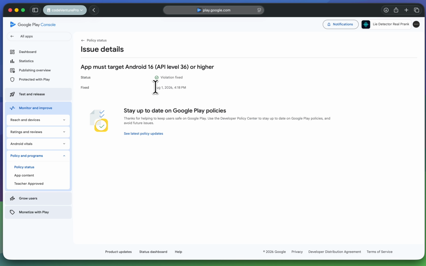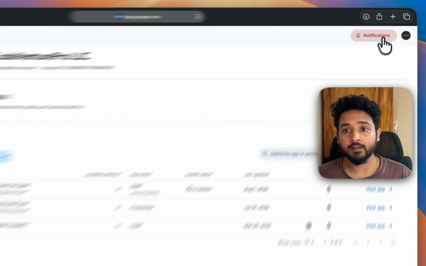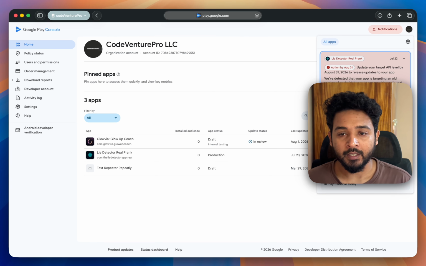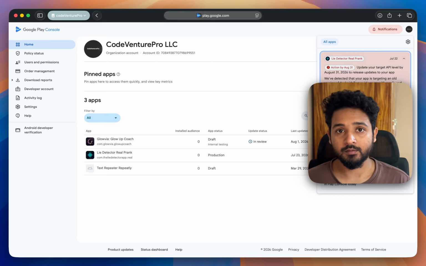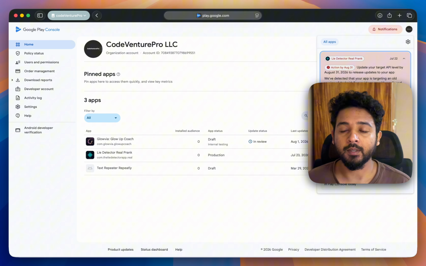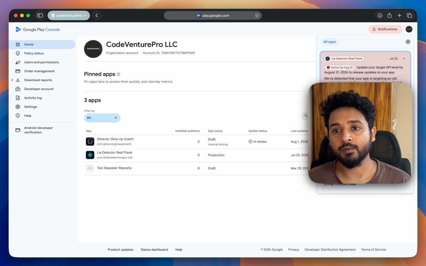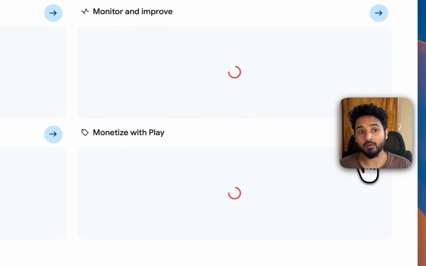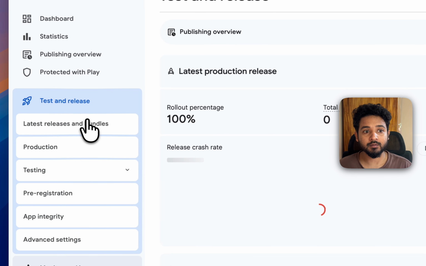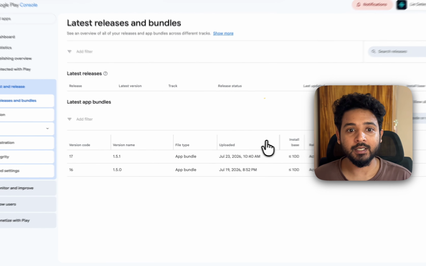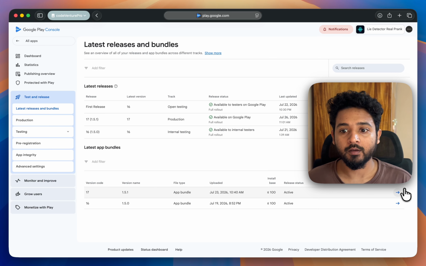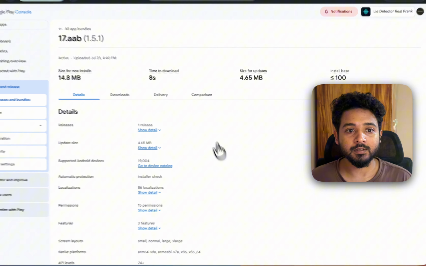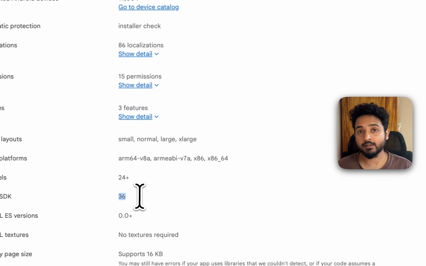So you can easily fix your issues. We have already seen how we can solve these issues and update the applications, right? Now it's still here, and a few of them told me that this type of issue is still available here, but on the applications it's already 36, right? You see that it's also 36. If I go to this bundle, then you will see this is the 36. Yeah, SDK is 36, right?